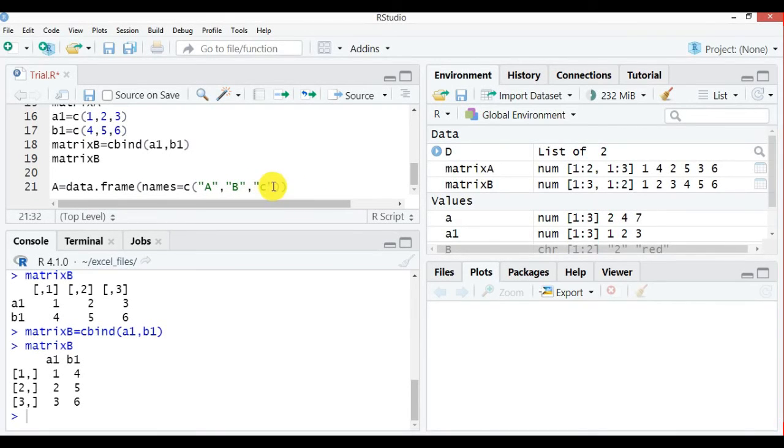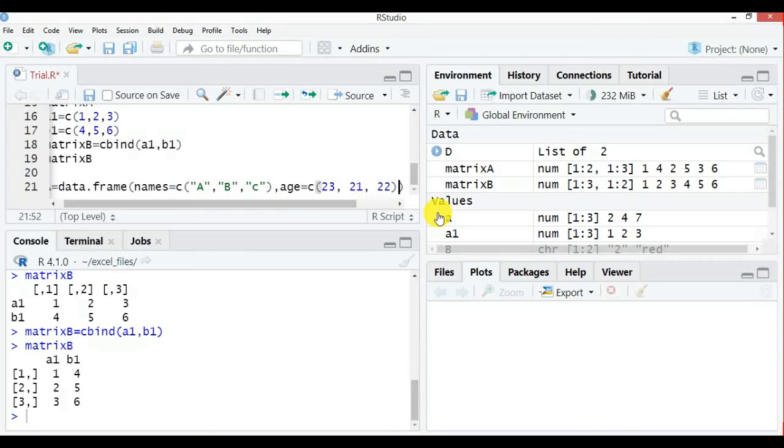These are 3 names that I have saved. Then comma I want age, example age of these students, c, like 23, then 21, say 22. These are the ages of these 3 students.